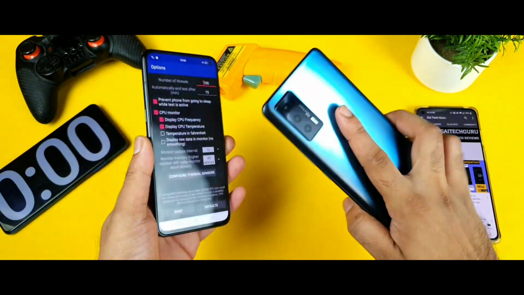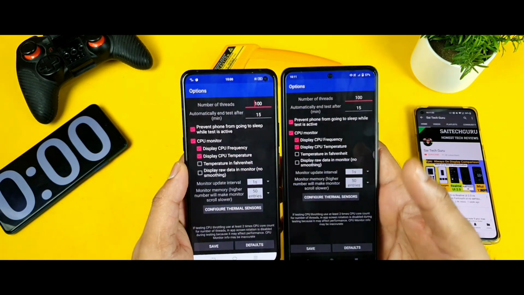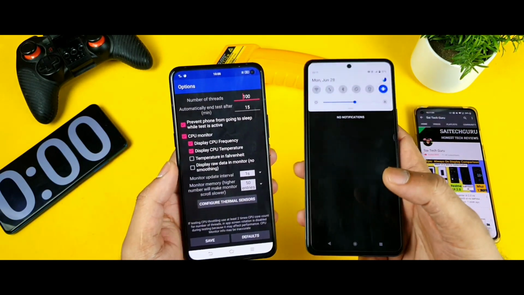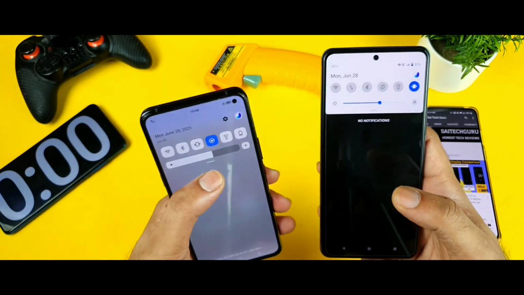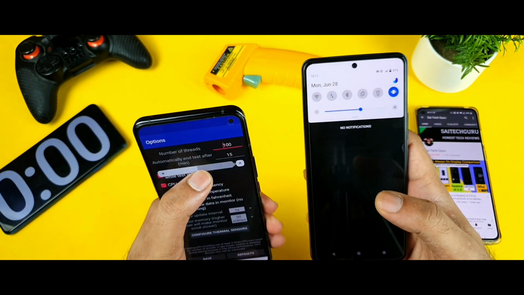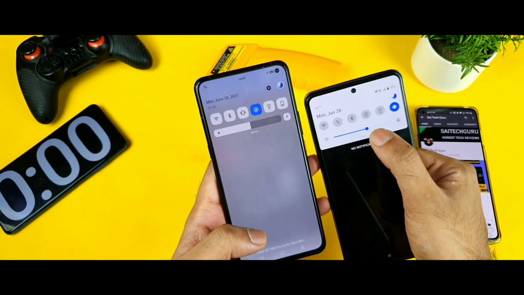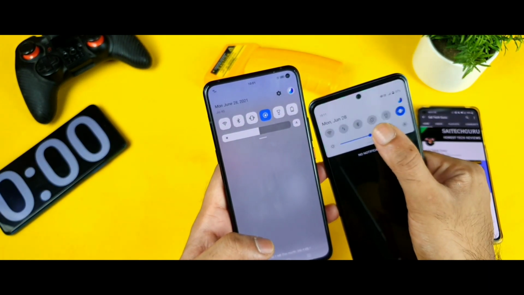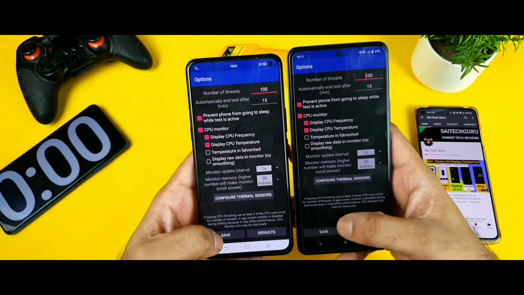This is the iQOO 3 and iQOO 7 device. So let's see how much temperature both phones can actually reach. That is another thing I'll check meanwhile. The brightness I also set to only 50%, so I slightly decreased the brightness. So I set 50% brightness in both phones. I think it should be okay. So both phones have the same brightness level at this point.